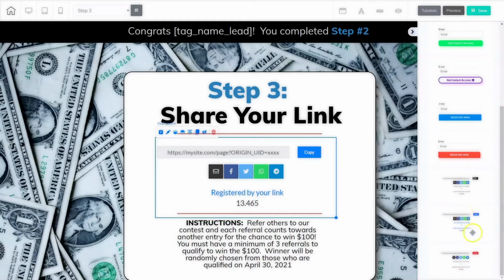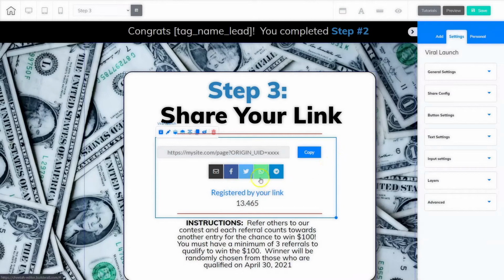there's 3 different options for the viral contest results. You can pull in any one of these 3 and pull it onto the page, and it's actually ready to go. You don't have to do anything at all to it, but there's a couple settings that you can configure if you want to.